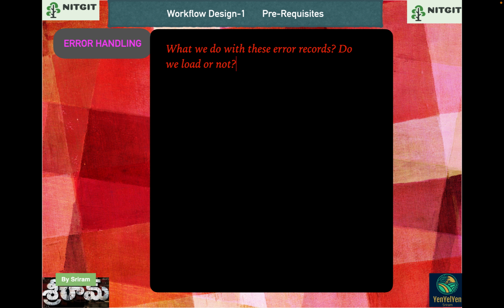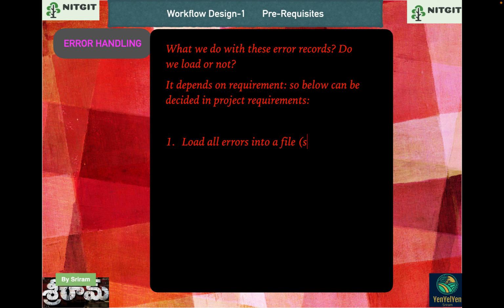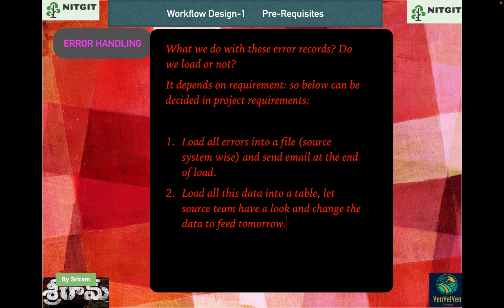So what do we do with these error records? Do we load them or not? It depends on the requirement, basically. Because the source system maintains the data, that means it's active. I mean, it's a good transaction, right? If you are thinking it's a bad transaction, then there's your problem, right? So while creating the project requirements, the analysts and architects will analyze the data and see what data they want. If they don't want error data, then they don't take it. Likewise, they will decide and let us know, so we don't need to worry about that. Okay, so the below can be decided on the project requirements.